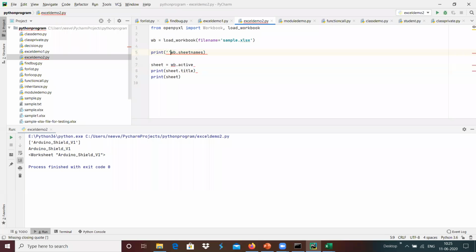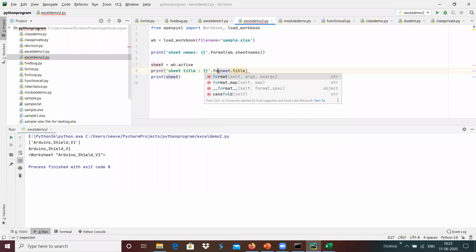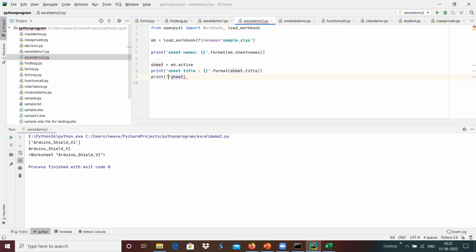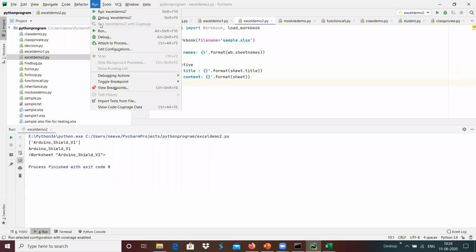For example, here I'm going to define the formatted output, sheet names, dot format, and similarly sheet title over here, dot format of sheets, and sheet content equals dot format of sheet. And now I'm going to run this Excel demo.